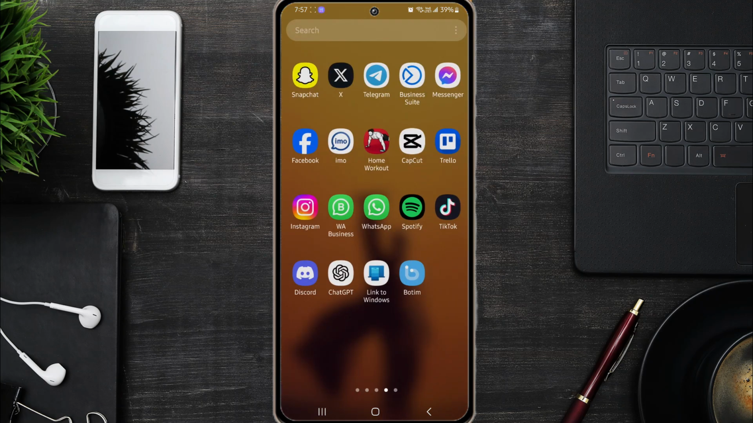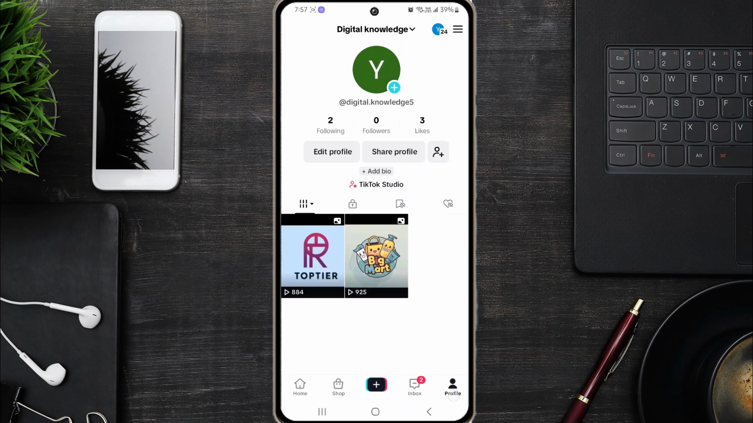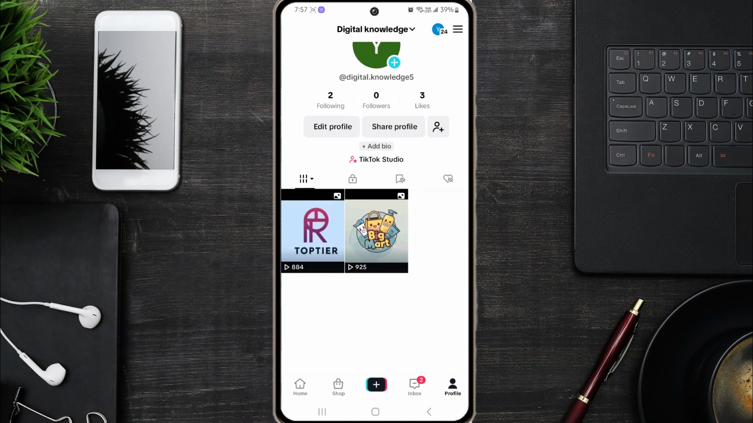What you need to do, first you have to go to your TikTok app. After opening TikTok, you have to go to your profile icon. You have to click on this. After going to your profile, you have to click on this three dot bar icon in the top right corner, just like this. Okay,